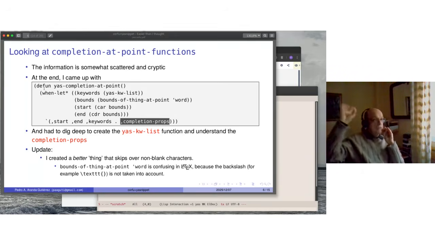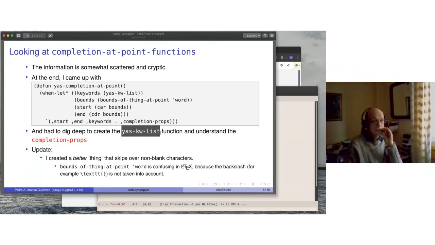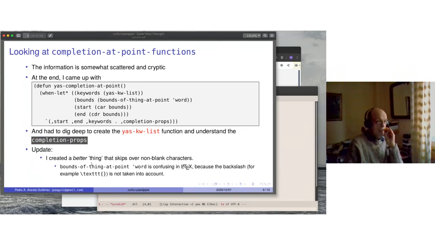This looked like what you need to do, but I had to dig quite deep to create a yasnippet keyword list and to understand the completion props. And as an update of what I've been doing in the last weeks, I've created a bound-of-thing-at-point